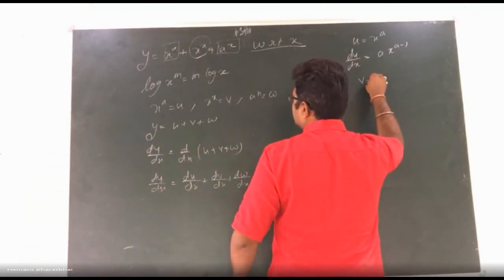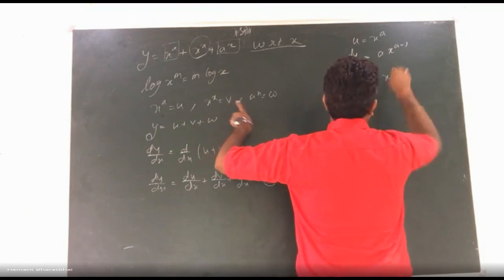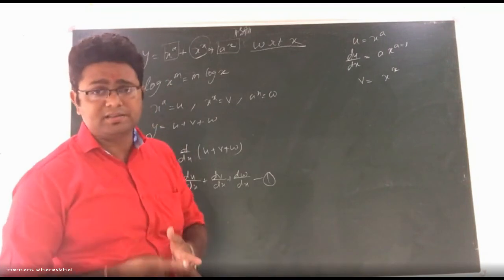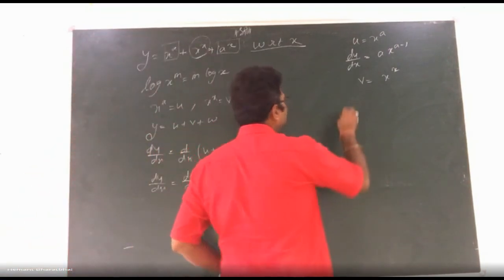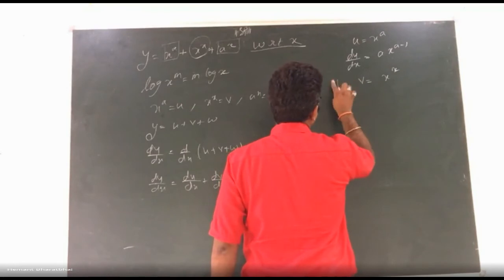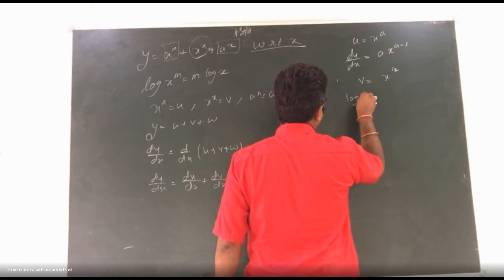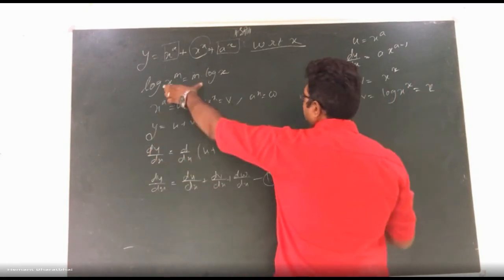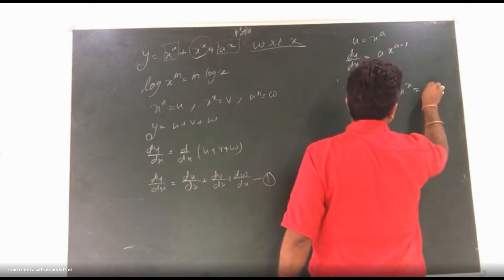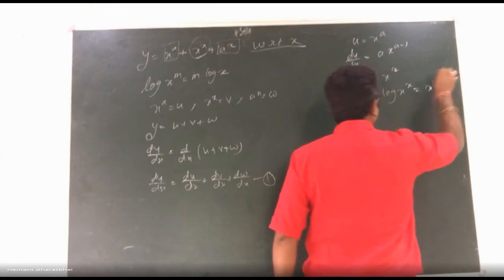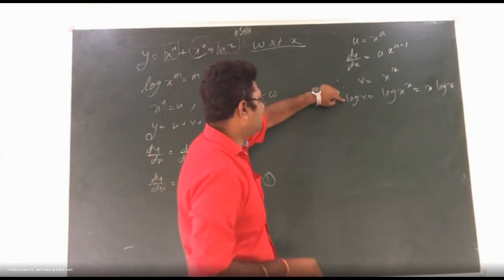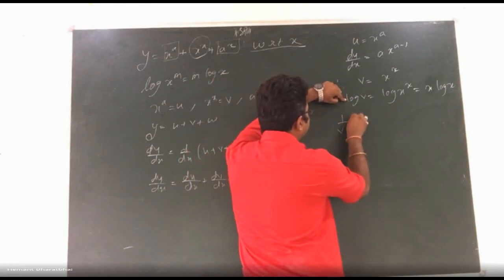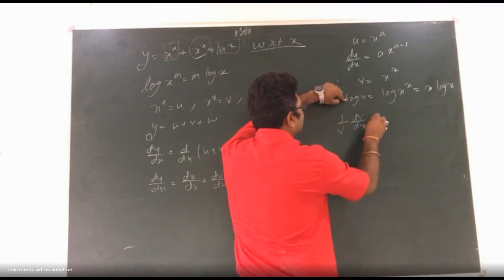Then we have v as x raised to x. Now we don't have a direct formula for this. Hence, what I'm going to do over here is take log on both sides. So I'll get log of v is equal to log of x raised to x. By this property, the power will come down and it can be written as x into log x. Now I can take the derivative. When I take the derivative here also, the derivative of log v will be 1 by v dv by dx is equal to